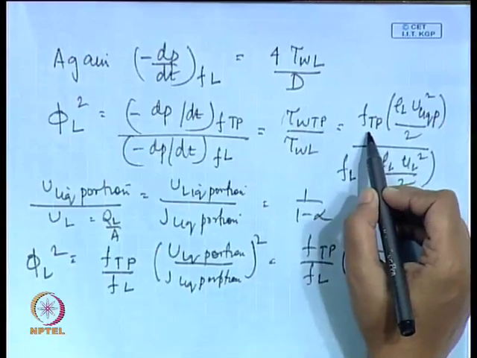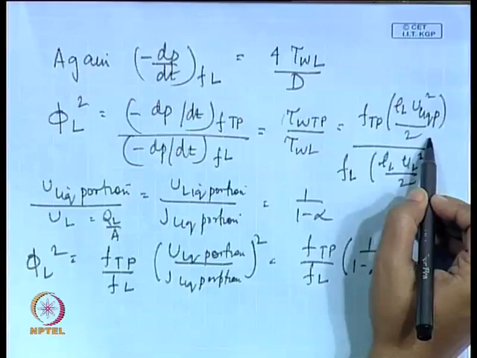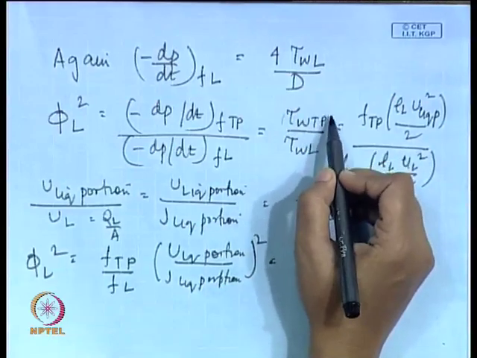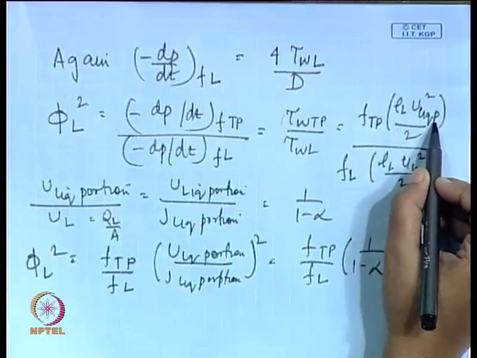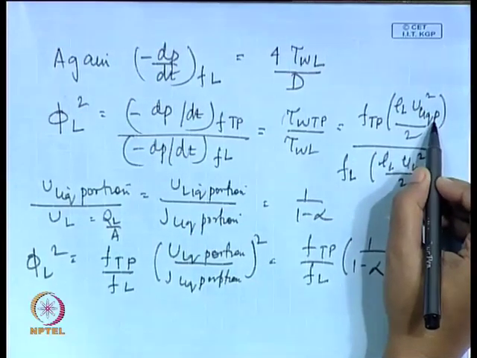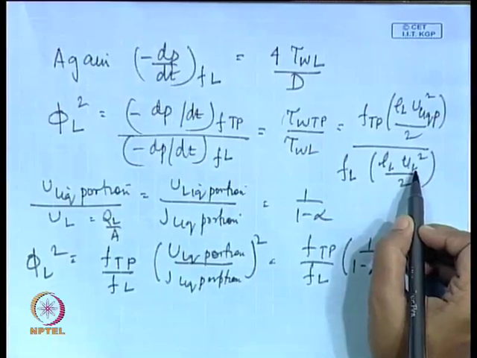In terms of frictional pressure gradient, we can write it down in this particular part, where we find that the wall shear stress for the two phase situation depends on the velocity of the liquid portion, and in this case it depends upon the velocity when that liquid is flowing alone in the pipe. In other words, if that liquid has to flow alone in the pipe, then the velocity which it would have is nothing but the